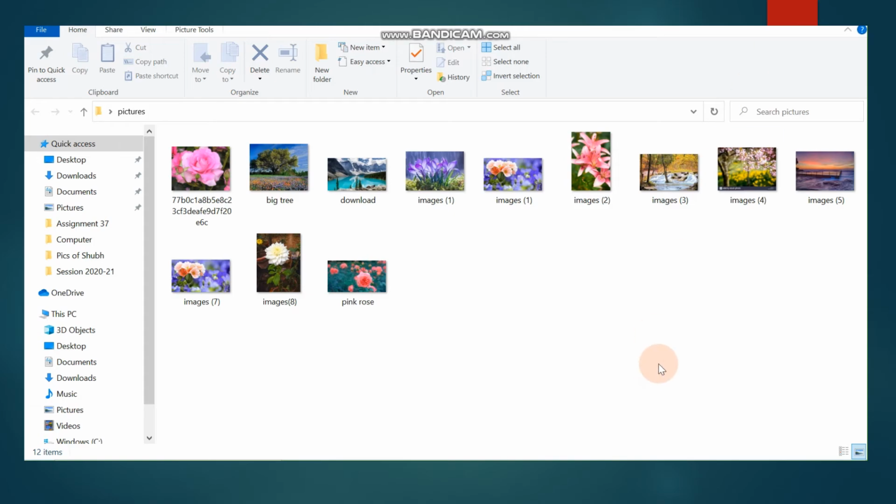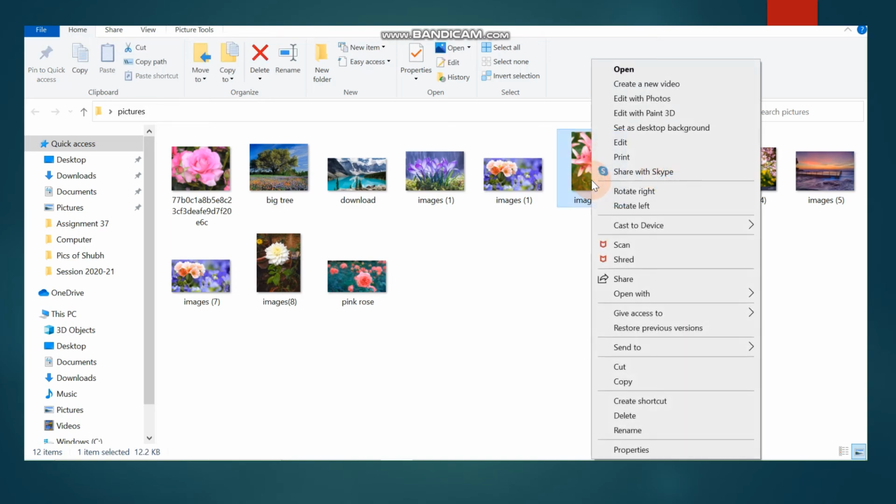Children, today we are going to learn about copy and move. So, let us begin with copy. Suppose I want to copy this picture to any other folder. What am I going to do? I am going to select it. Once I have selected, it will be highlighted and then I will right click on it. This menu will appear and you will go to copy and then you will click it once.